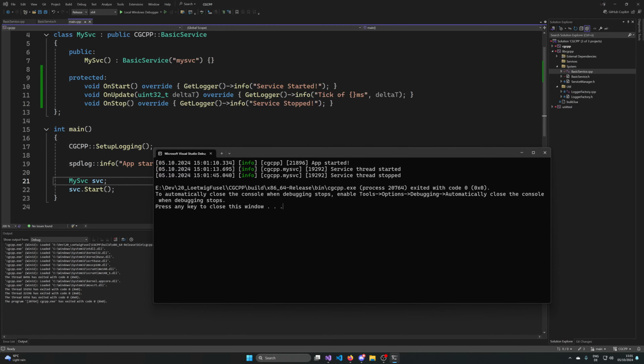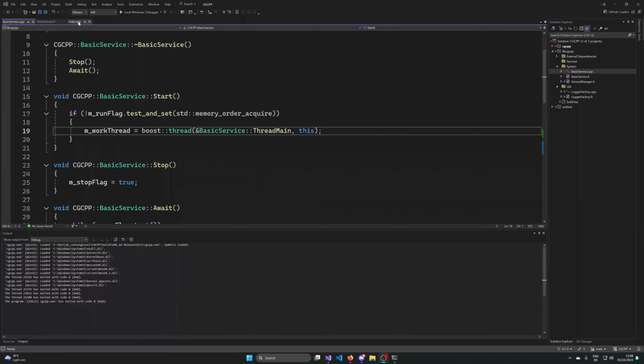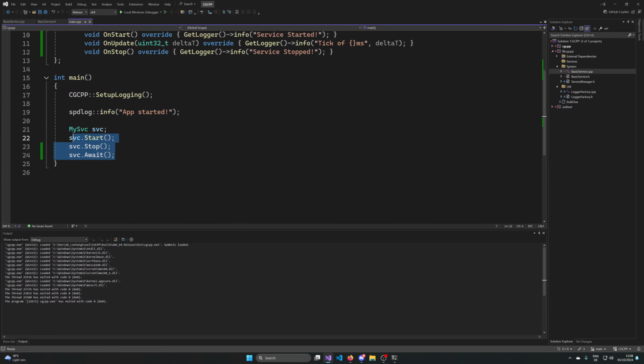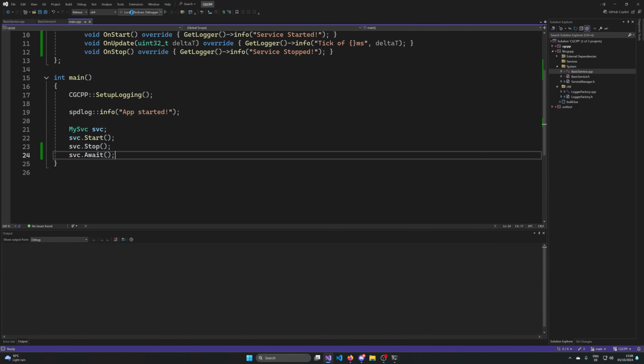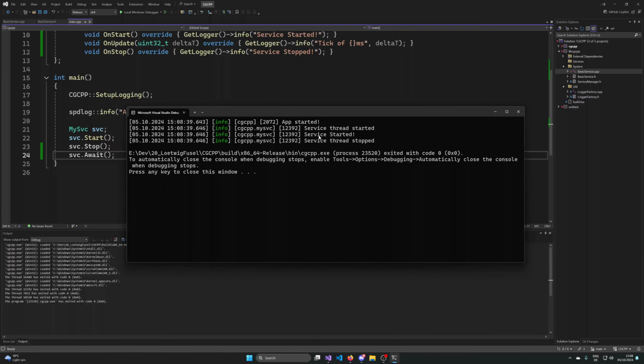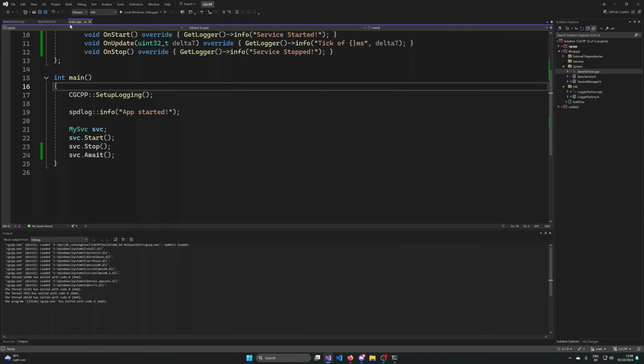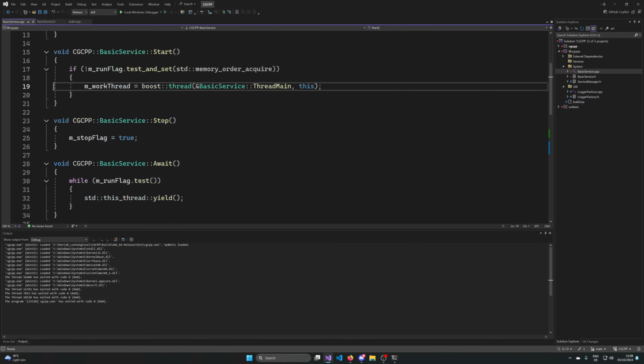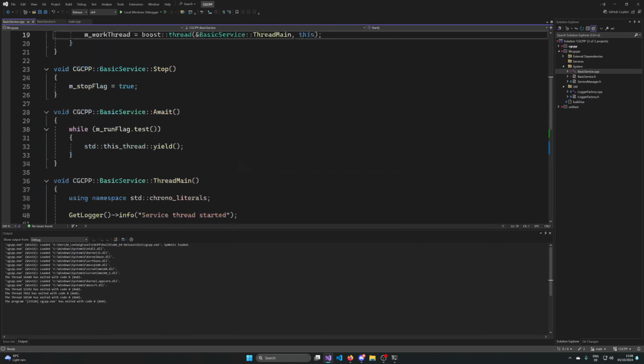Let me check that. Okay, I think I fixed the issue. The problem was some weird synchronization stuff, like the order of the destructor and things called in a destructor led a bit to undefined behavior. If we are stopping and awaiting explicitly without the destructor, it kind of works because we get the service started, but not the service stopped. We don't get the service stopped because I was just stupid and did not call it actually,